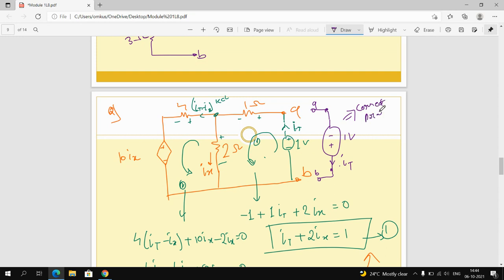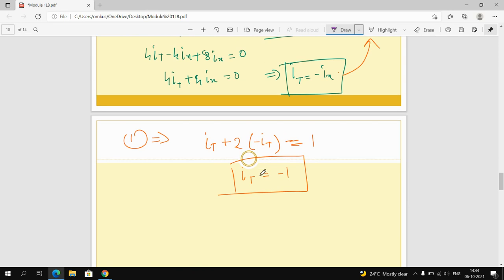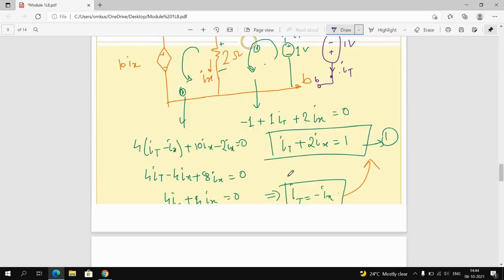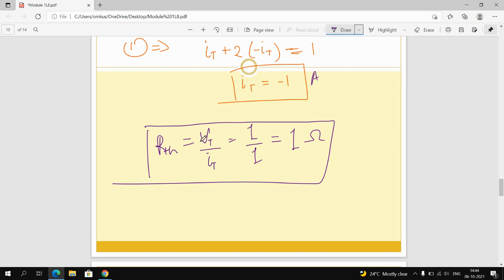so first of all, we assume this polarity. Once we get the direction of current, see, this is your assumption, and this current we will get in terms of minus. So change the polarity of that current. So what is the equivalent or Thevenin's resistance? Rth is equal to Vt divided by It, right? So Vt we assume 1 volt, and the current is 1 ampere, which gives 1 ohm. See, resistance is never in terms of minus, so change your direction of current. I hope this is clear to you. Okay,